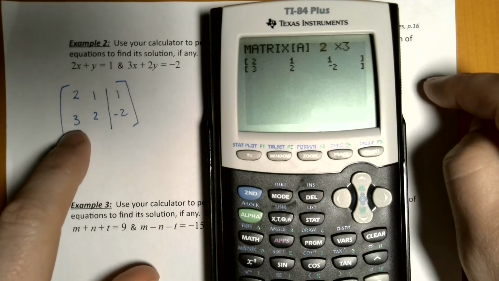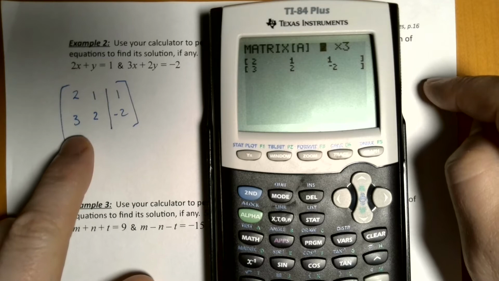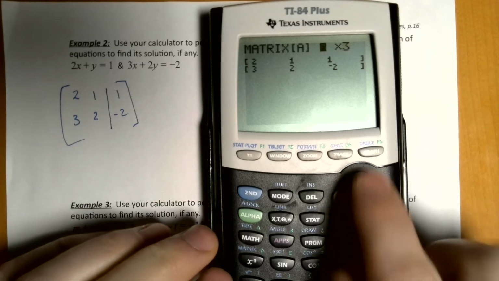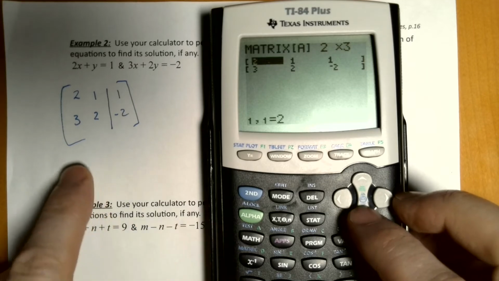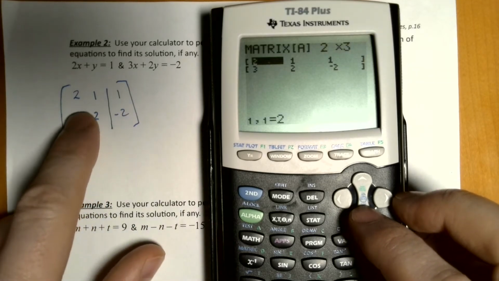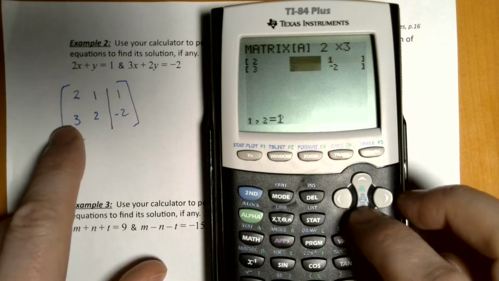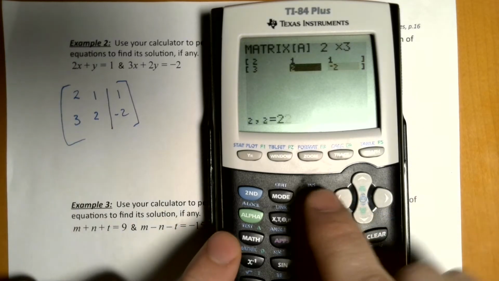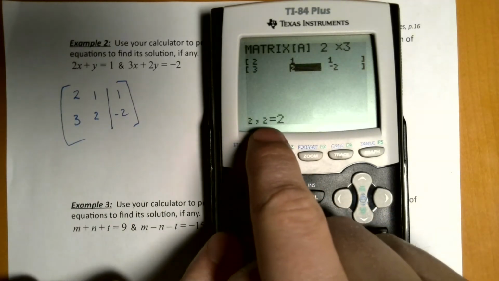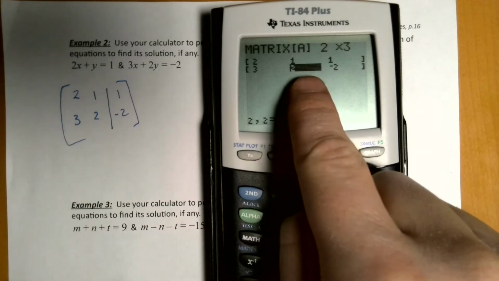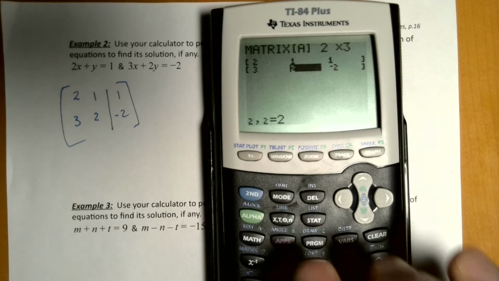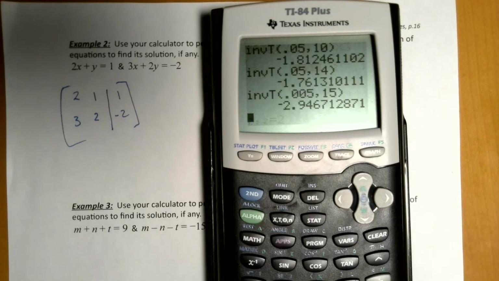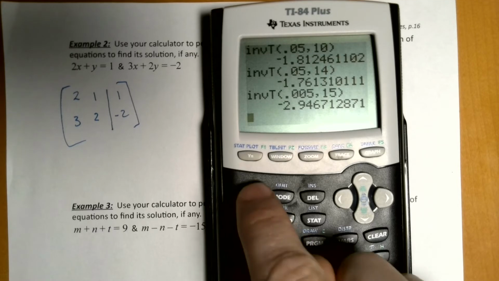Now notice I actually happen to put this in my calculator already. So you tell the number of rows and the number of columns, and then you input your coefficients there. Notice down here we have this 2, 2. That's the index for this particular entry in the matrix. Okay, so now we're going to quit out of that, and we're going to go back